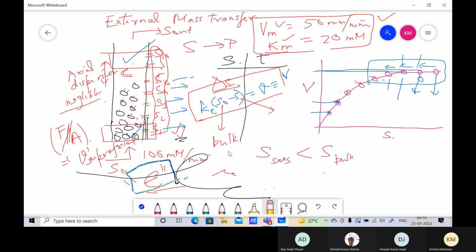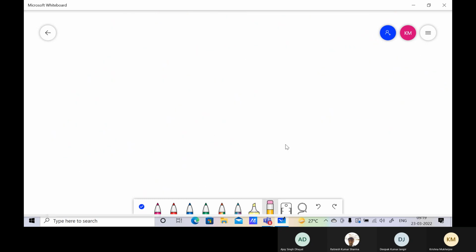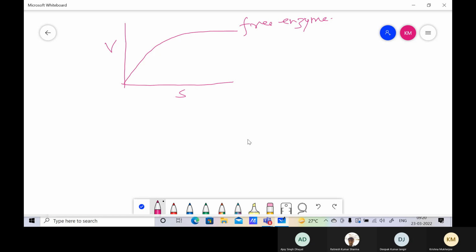Let us solve it. I'm going to remove this drawing, clear the canvas and actually solve it. So first of all, this is the problem, it is as simple as that. This is your real graph, V versus S, which is for the free enzyme. And what are you going to generate? I am going to generate the graph that I obtain with bound enzyme, and this graph by definition is going to be like this. You realize that when S is very, very high, large,